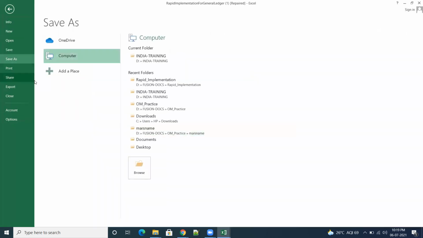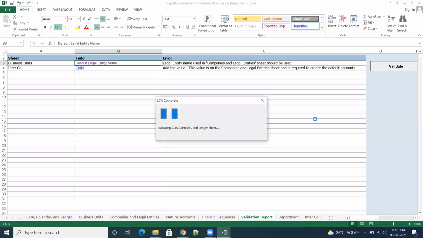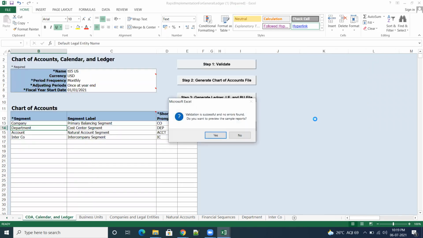That is the problem. Validate. No, validate. No. Okay. So many things. This way we have to validate, and finally we need to solve the things. And then do you want to preview?